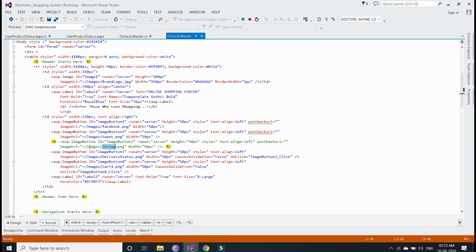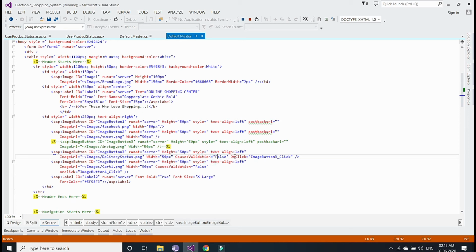So I have commented out this code for the image button displaying Instagram. I have taken a new image button. I have given the image URL of this image, that is delivery status, and I have set the causes validation equal to false.